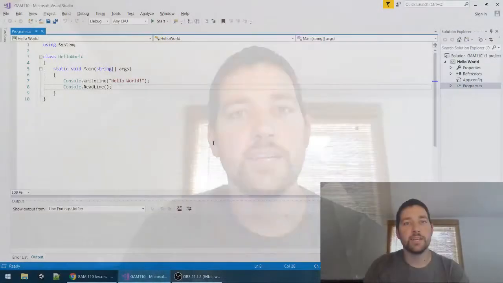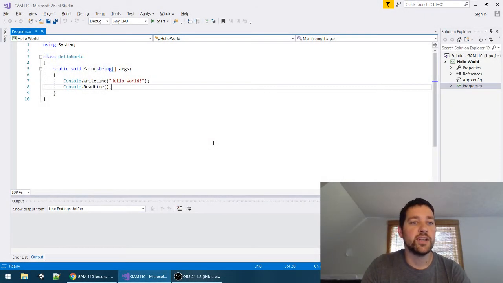Variables in computer programming are ways to store data. They're like little containers, and you can put data in there and you can refer to them by name. That helps us a lot because when we write programs, we are effectively writing data transformers. So we need to refer to data and we need to manipulate that data in different ways to get the effects that we want. So I am in Visual Studio right now,